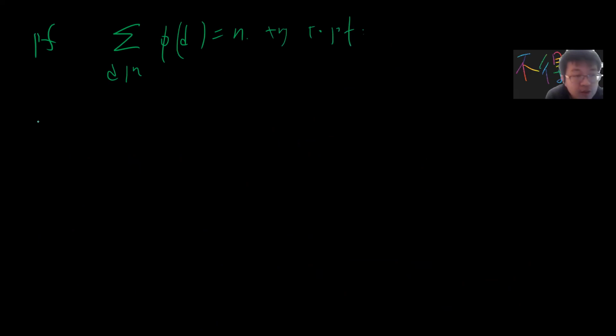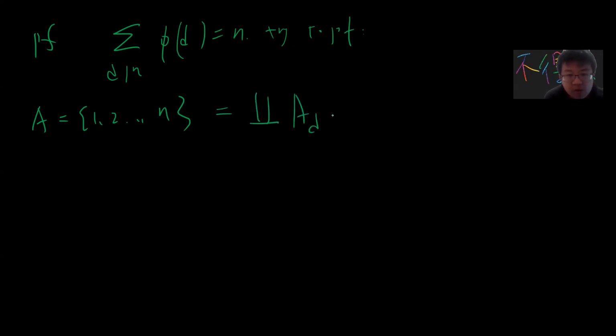Okay, so the idea is that let's say you write A = {1, 2, ..., n}. You have a set, and you split it into pairwise disjoint sets. Let's say L of D, and what D means is that D is a factor of n, and this set consists of those m that belong to A